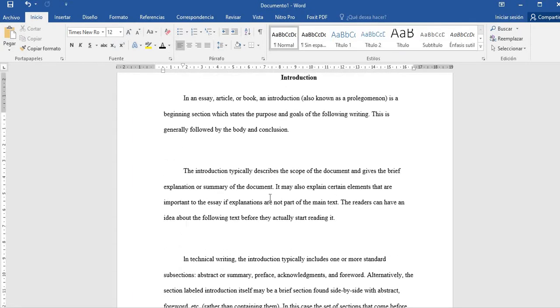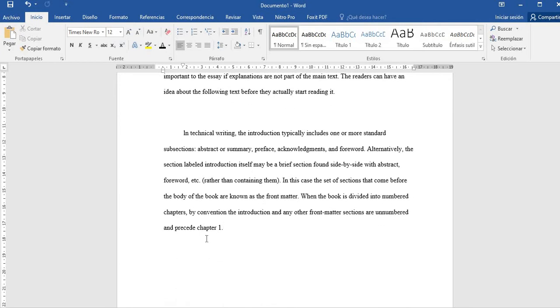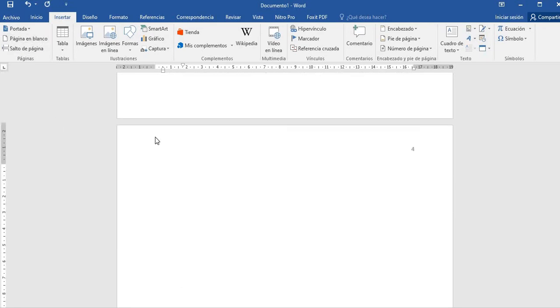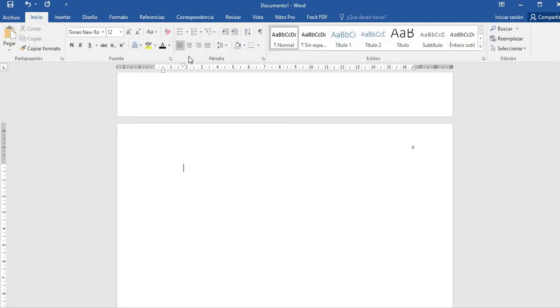After the introduction section, I need you to put your cursor here, okay? Right at the end of the text. And we are going to add a new page. Remember, insertar, página en blanco. Okay? And it is very similar to the introduction section because we need to put a title just like in the first part, okay? So remember, you put it centered, in bold letters or negrita, Times New Roman, 12 points. And here, you must type general